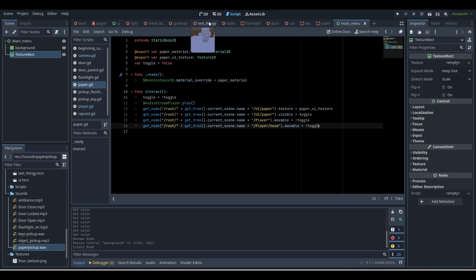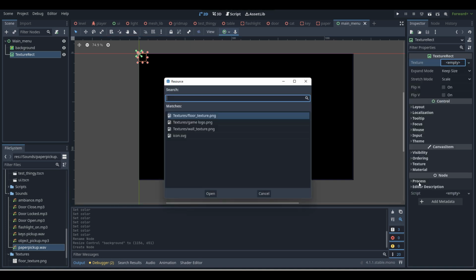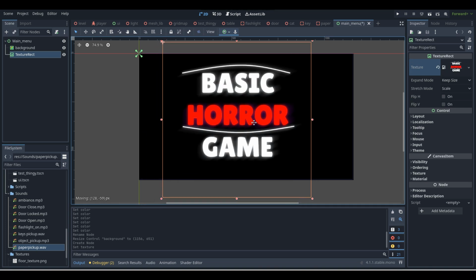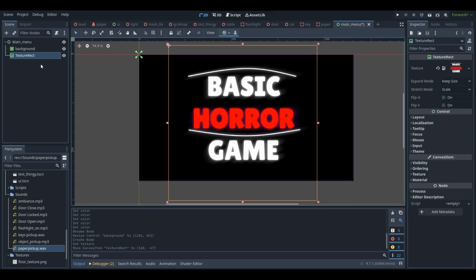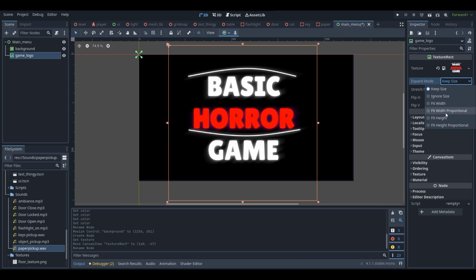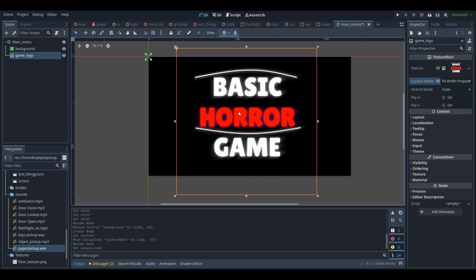Alrighty, so now when I go back into my Godot project, I can now set the texture of the text direct to my logo that I just made. And there we go. So now here we have my game's logo. Alright, so now that I've got my logo added in, I'm going to rename the text direct here to game logo. And I'm also going to change the expand mode to fit width proportional, so then I can scale my logo how I want to, but then depending on what the width is, at least then it will stay properly scaled